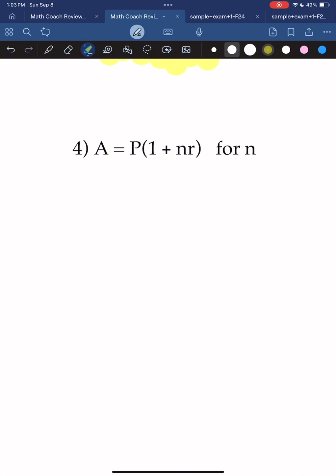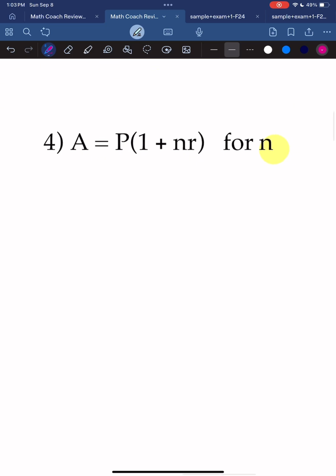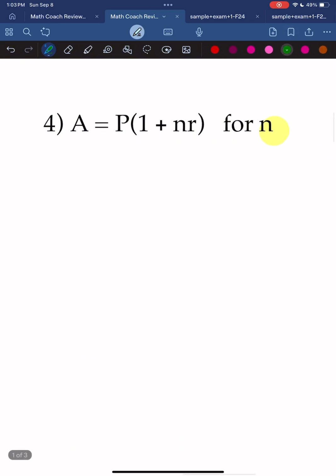Number 4 is just like the one we just did. Solve for n once again. A little more practice. Sorry if my voice is raspy. I just woke up. Okay. So I'm going to rewrite it. Let's change color, be fun. Rewrite it. A equals P1